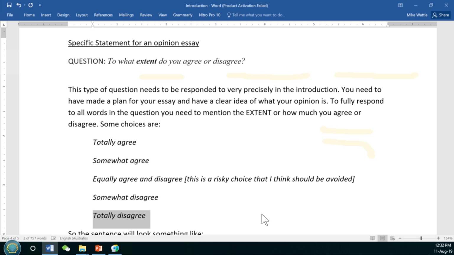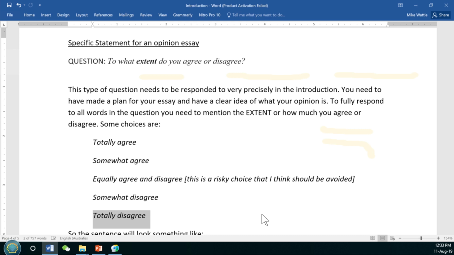In this case, the whole essay would be about disagreeing. Maybe you'd have two reasons. One, the value of teachers as motivators and maybe monitors in the case of children. And then perhaps another point about how teachers can customize things to learners' needs, how they can find the individual